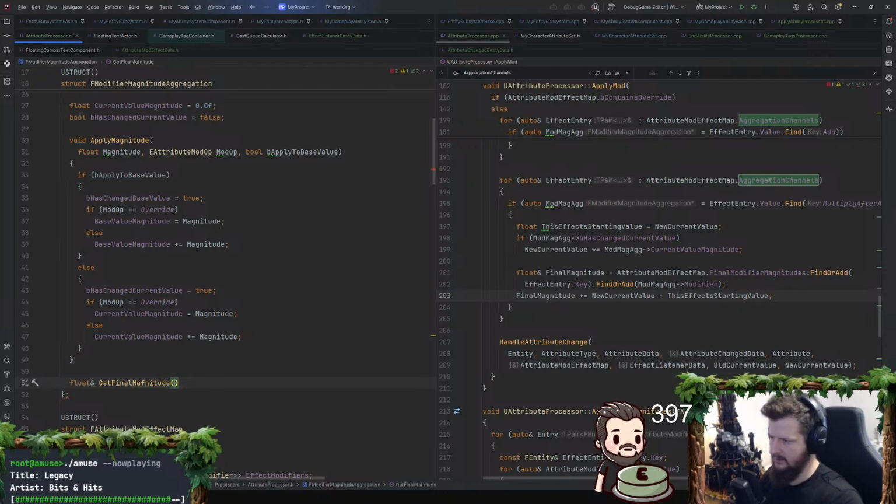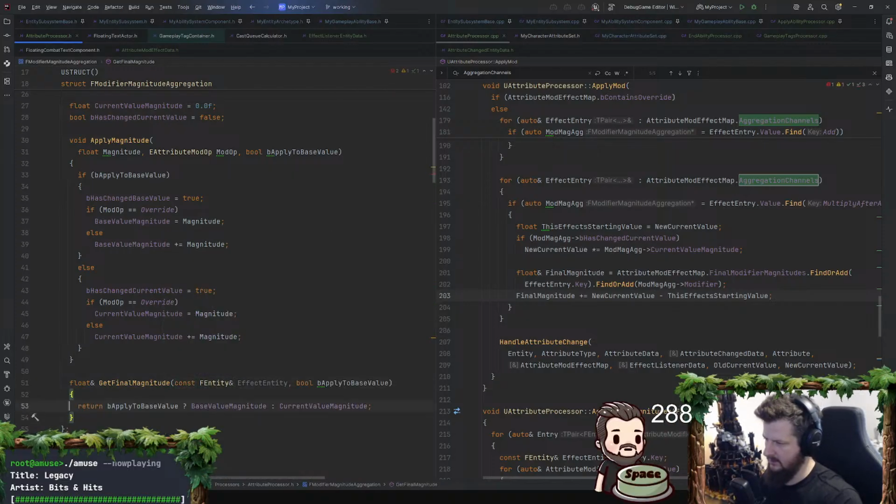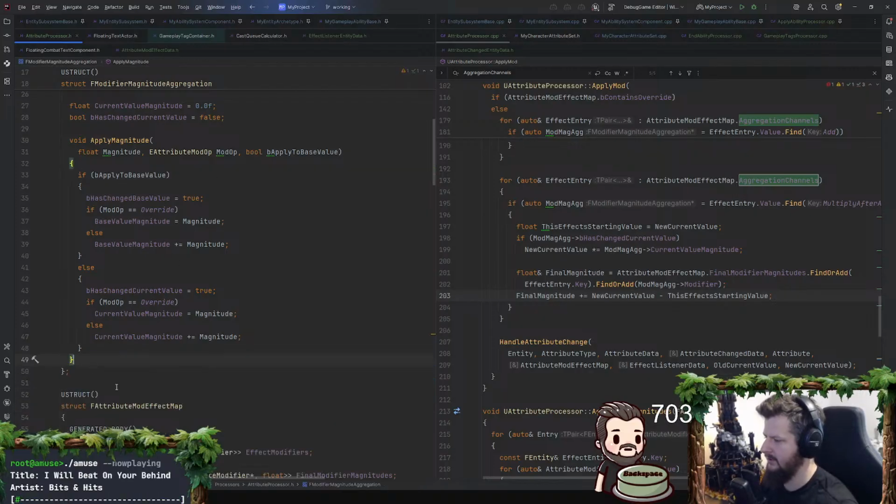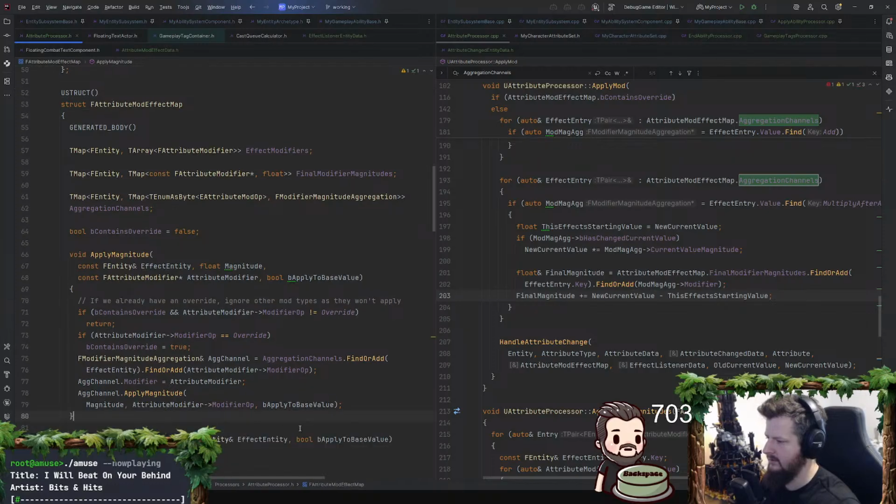I can't even spell magnitude. The entity would be the effect entity. I don't need apply to base value. Oh, we're writing it on the wrong thing too. So, get final magnitude effect entity.